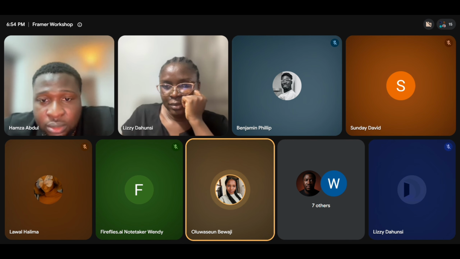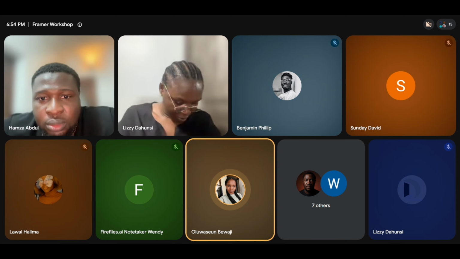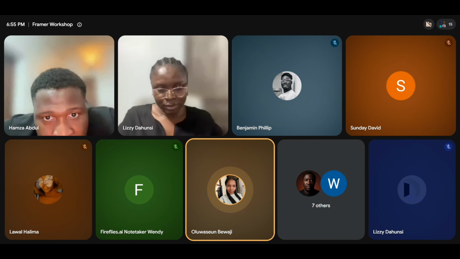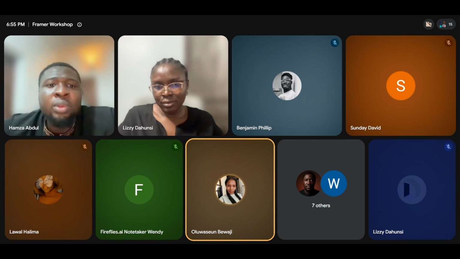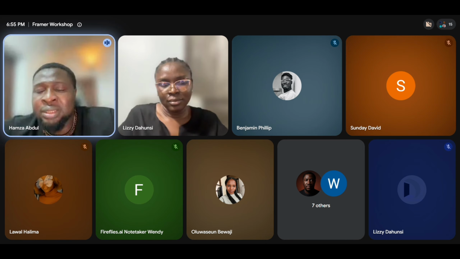Another question I want to ask is that, okay, if I like a website design on Figma, I saw a design recently and I wanted to take a screenshot of it, but I could not do it. So I don't know if there's another way. There's no way. There's no way you can take a screenshot of any website now.